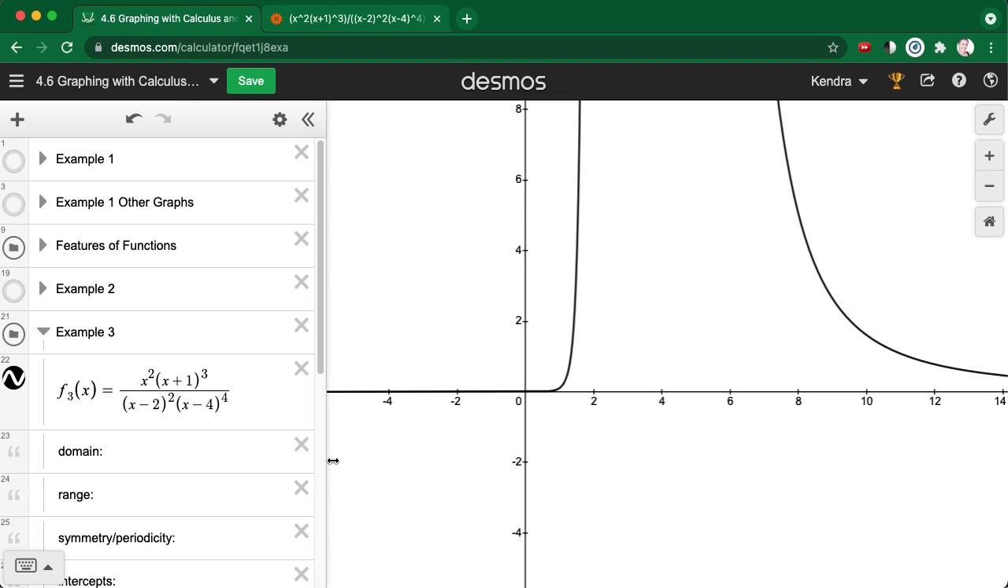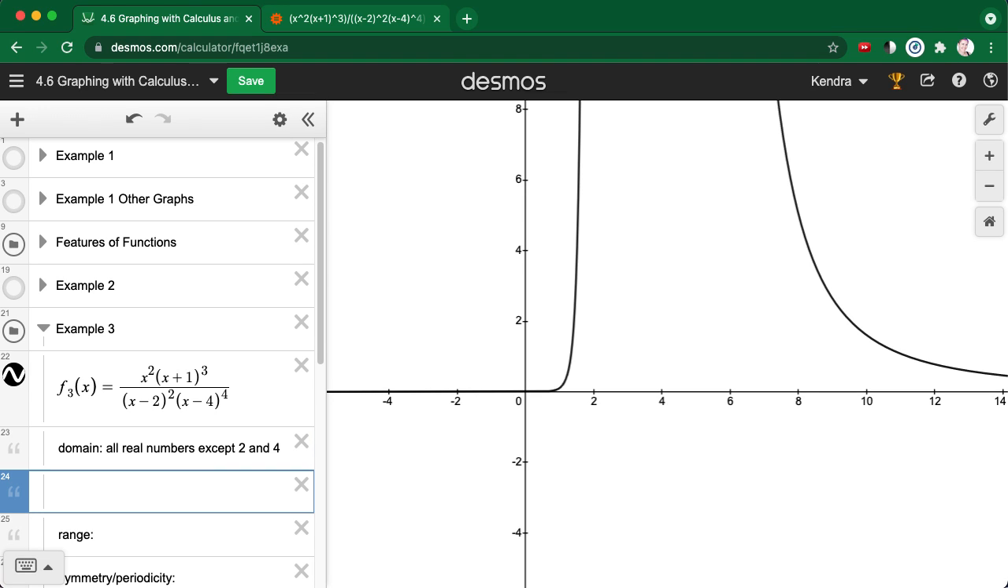Okay, we have a rational function again. So we can dive right in with the domain. We do have an exclusion from the domain at x equals 2 and an exclusion at x equals 4, because 2 and 4 would both make the denominator 0. Other than that, there's no exclusions from the domain. So we could say all real numbers except 2 and 4. Or another way of saying it is in